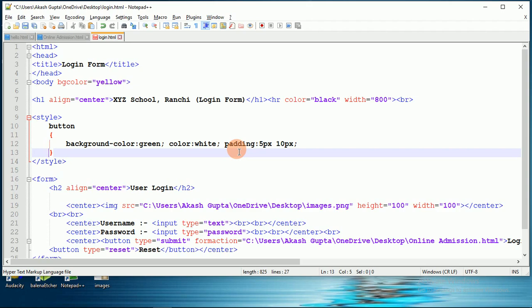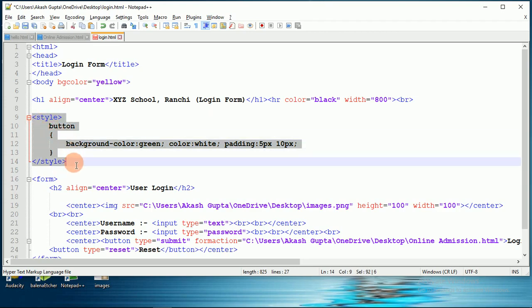So it determines the length between the text and the border of the button. It will be increased vertically and horizontally both. Accordingly I had written here 5 pixels and 10 pixels. So this style of using CSS is called internal style sheets.